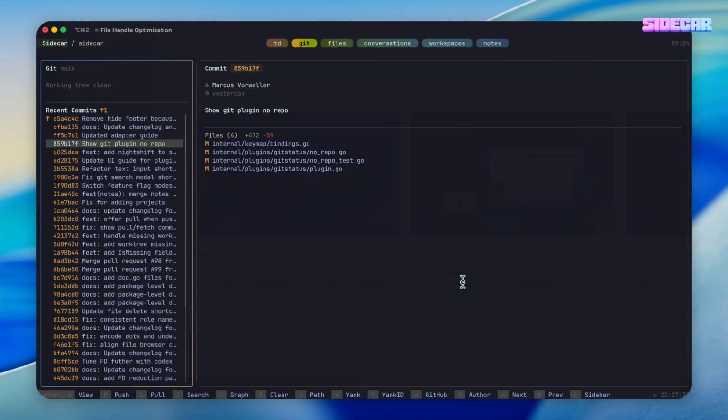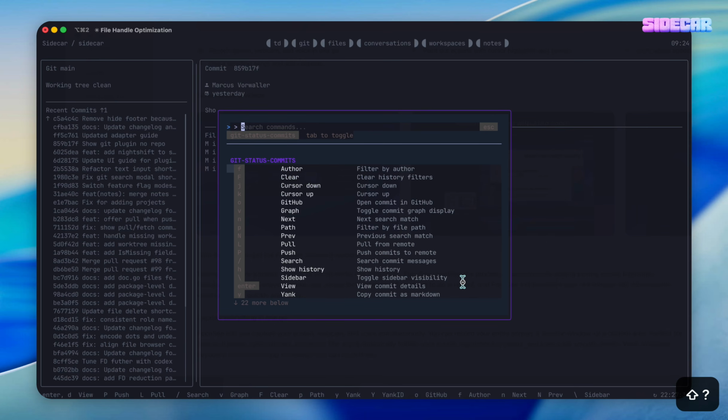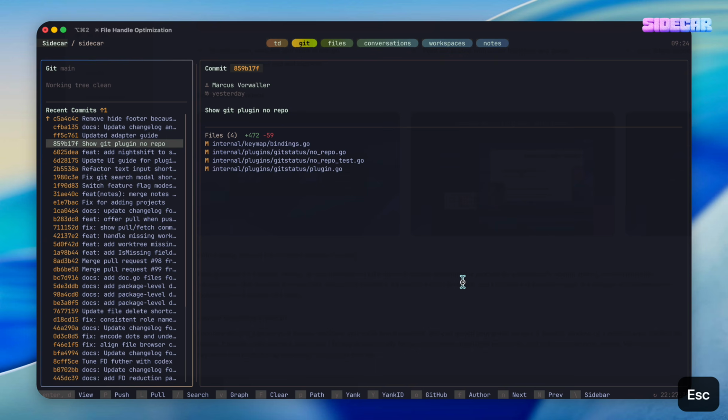many other features. And most of the features in Sidecar are discoverable with the question mark shortcut. And then you can search for the thing that you might be looking to do, and you'll get a keyboard shortcut there. And if, like you see here, some of the text is hard to read,